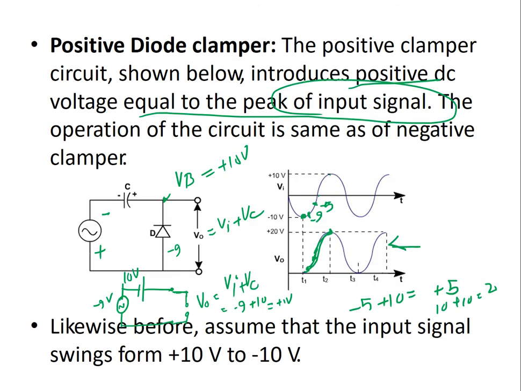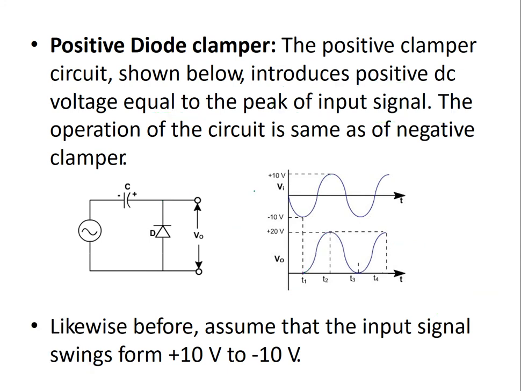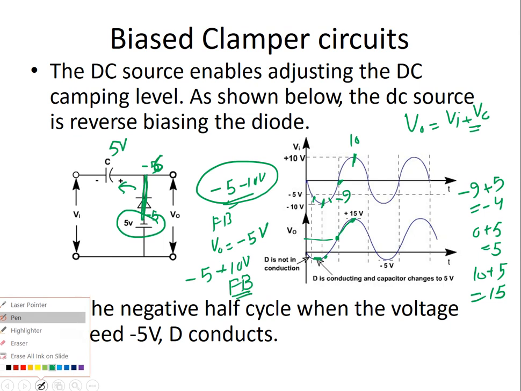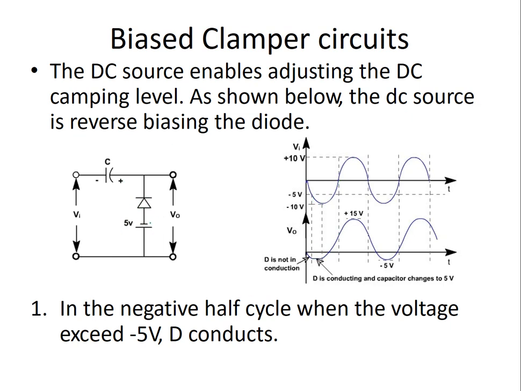So compare these two waveforms. When I am not using any bias source, initially I get 0, but eventually I get this waveform, with the introduced DC voltage level of the peak value of the input. I am going to 20 here. But when I introduce a clamping DC level here, my maximum DC level introduced is basically equal to this value. If for example the voltage is 10, so 10 minus 5, it will be 10. Initially we are not getting 0 volt here, we are getting the input, and then it will go on like this.